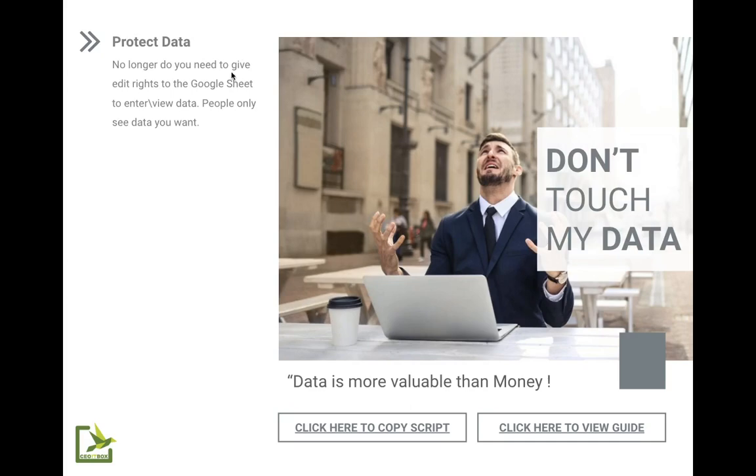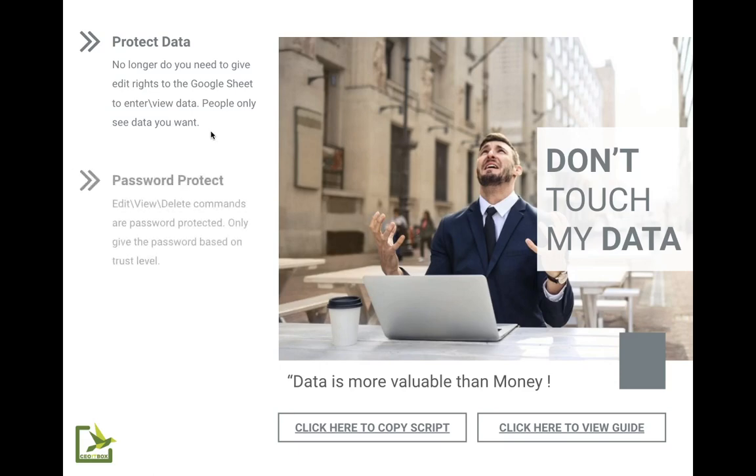And many times the problem we face with Google Sheets is that if you want to get the sensitive data entered and edited, you have to give the editing right of the Google Sheet. If only the data has to be received, then you can, of course, give the view rights or use a Google form. But most of the time, we have to give someone the permission to enter the data as well or modify it. Okay.